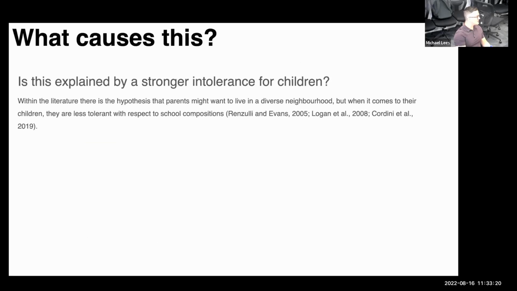One of the ongoing theories in, let's say, social education is that people are a bit more tolerant for their house than they are for their children. So they might move to a neighborhood which is kind of mixed, but when it comes to their children, they want a school which is high income. They want a school which has a high education level because it's their kids. So what they call this is an asymmetric preference for residential and schools.